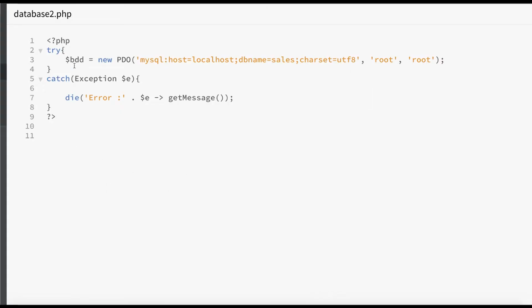So here I created a basic PHP code that connects to the database. We already saw this line in the previous video, and I call my code database2. So here I will add the command to insert the new game. I will first call the object bdd, and to this object I will apply the command exec that will execute an SQL command. Here we are dealing with insertion, so